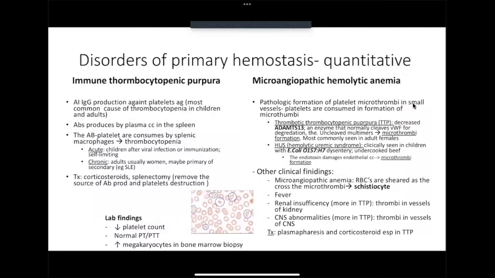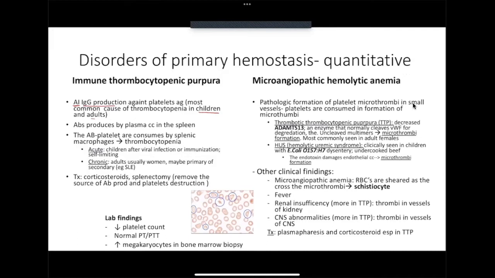Next, the disorders of primary hemostasis, quantitative. First of all, we have immune thrombocytopenic purpura. This is an autoimmune IgG production against platelet antigens. This and all these disorders are not very frequent. It is more common in children and young